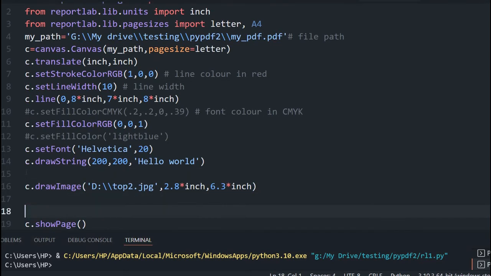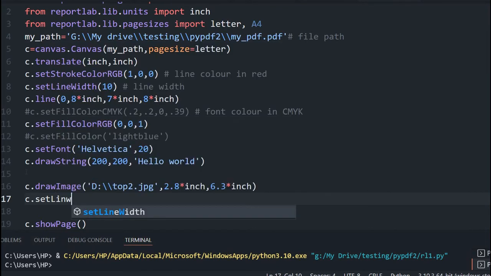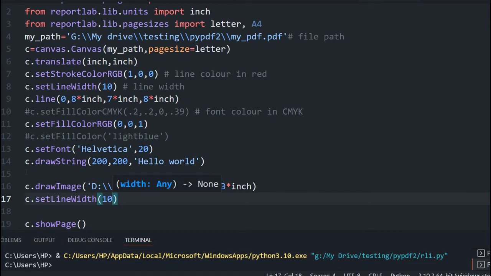So below that I am just adding a rectangle now. So for that, c dot set line width. Fine. Let's give a width of 10. So this is what the rectangle border color will be. So I'm writing border of,